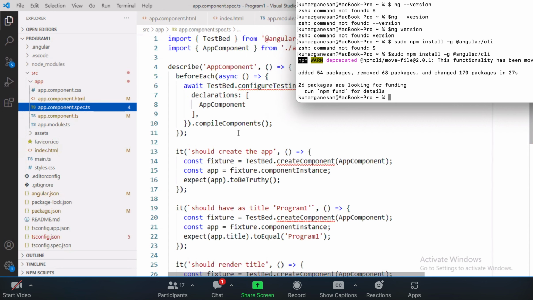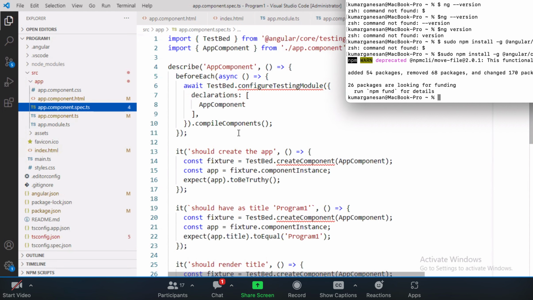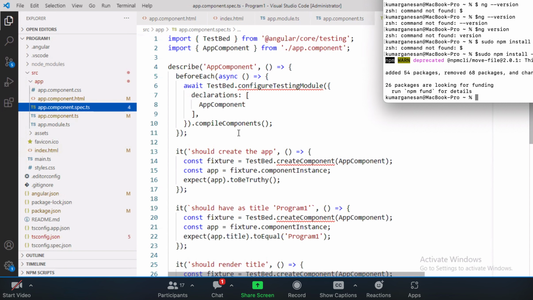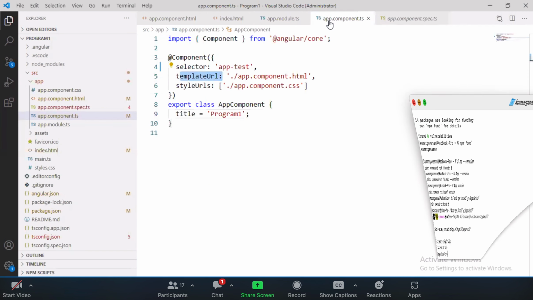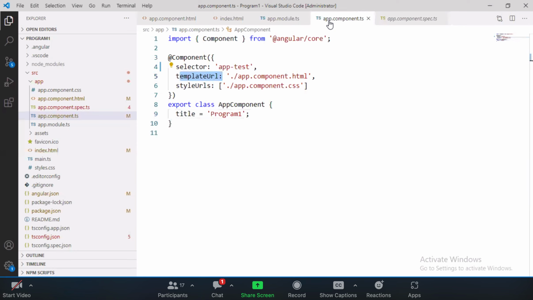One thing, like app.component.css only we want to write CSS code, HTML means HTML, then app.component.ts means, what is the difference between module.ts and component.ts? What kind of code do we want to write, and what is the structure? Okay, yeah. Now the question is, what kind of code do you write inside this app.component.ts? Now, I may